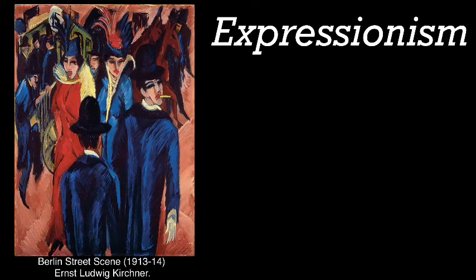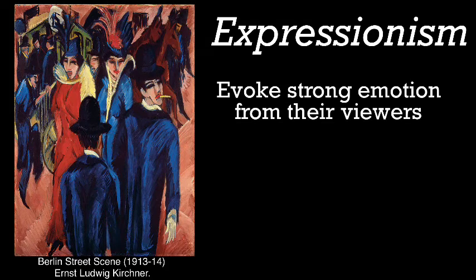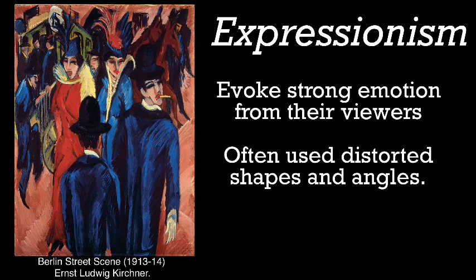Hello, 20th century! All right, this is where we see Expressionism come into play. Expressionism really became popular during the time of the Great War in the early 20th century. Now, they wanted to evoke strong emotion from their viewers. You would take a look at it and it was messy. They used distorted shapes and angles. They used bright, bold colors, sometimes lots of dark colors, lots of heavy lines. Artists really wanted to capture the events of the day with that emotion behind it, and that was a very new idea for the general public to soak in.